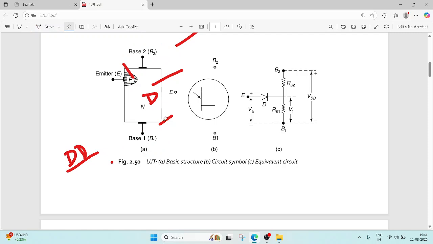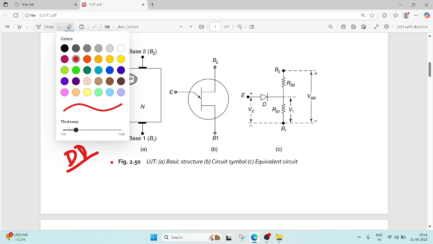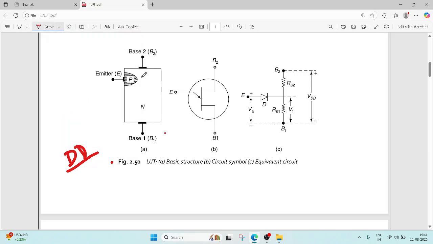Then in this, n-type material is lightly doped. Then here p-type material is doped. The doping is heavily doped. This p-type material is doped on one end of the n-type silicon bar. That end is close to base 2. Okay, then